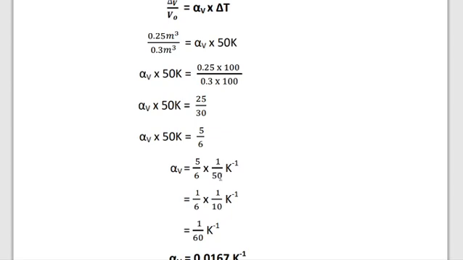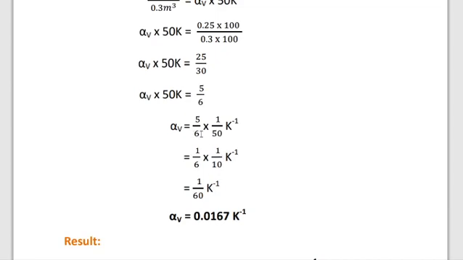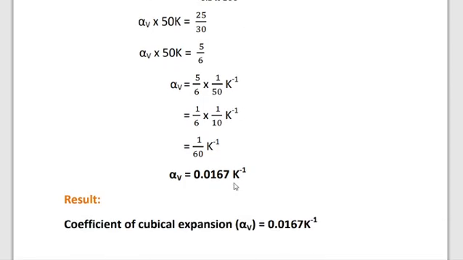The 1 by 50 into 1 by K is written as K power minus 1. When it comes to the numerator, we can indicate it with the minus, K power minus 1. So here we take the 5 table. 1 5 is 5, then 10 5s are 50. So 1 by 6 into 1 by 10 K power minus 1. Its value equals numerator 1 into 1, which is 1. Then denominator 6 into 10 means 60. So 1 by 60 K power minus 1.